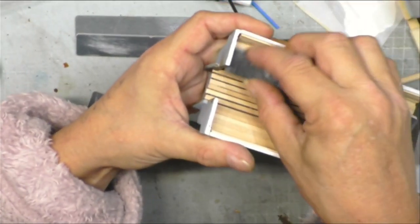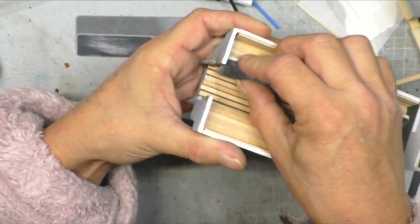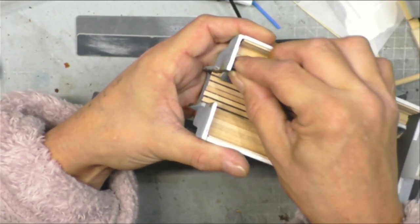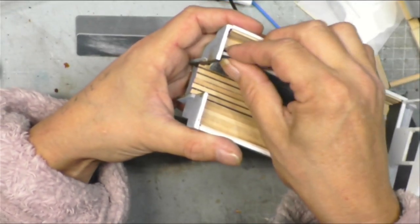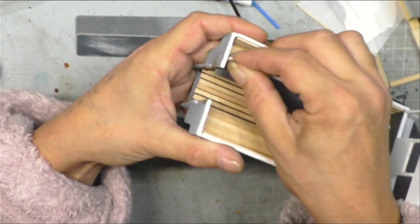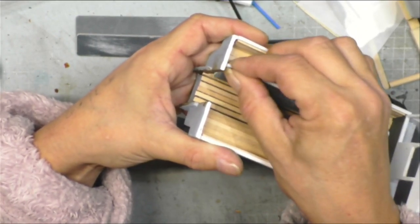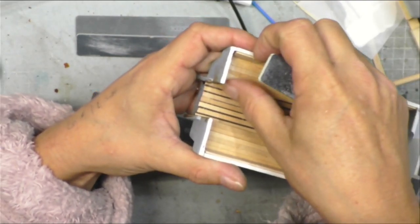Now I've contemplated using an electrical sander, my little Display, and I'm not really sure because of the way that I'm not sure it's going to be any good for the edges, but I think we could probably get away with using it for the middles. So that is